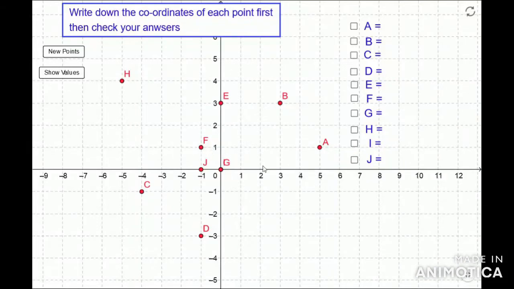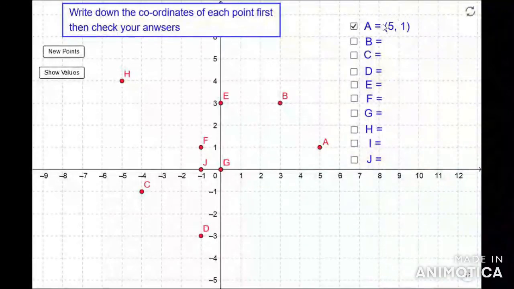Thus, we will have a pair of real numbers corresponding to the point A, that is 5 and 1. This 5 is called the x coordinate or abscissa, and 1 is called the y coordinate or ordinate of this point. And that is represented like this. You have to represent the point by an ordered pair of real numbers, in round brackets separated by a comma. The real values should be separated by a comma, and a point should always be represented like this.